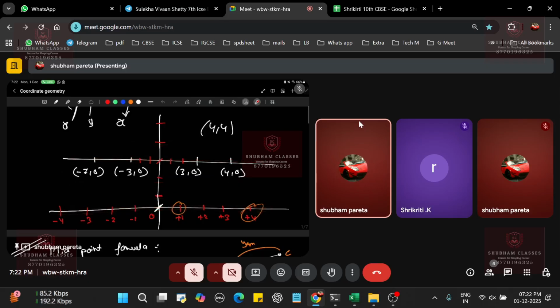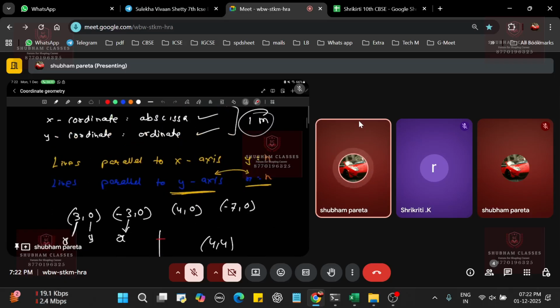Isn't it? So the lines are like this over here. Okay, so this is what? These are the lines which are parallel to the x-axis. If the lines are parallel to the x-axis, so here we can write it down with respect to the x-axis. Okay, if you can see, every coordinate for the x is 0, but only and only we are getting the entry in the y. You're getting the point what I'm saying? Yes, sir.